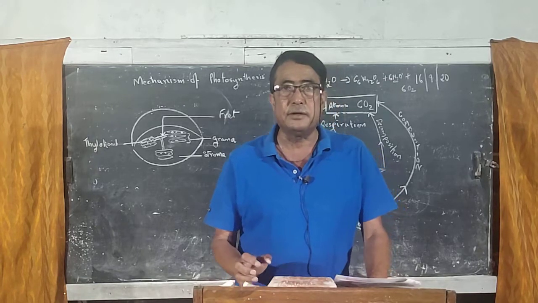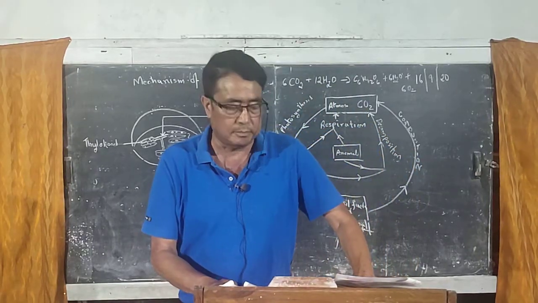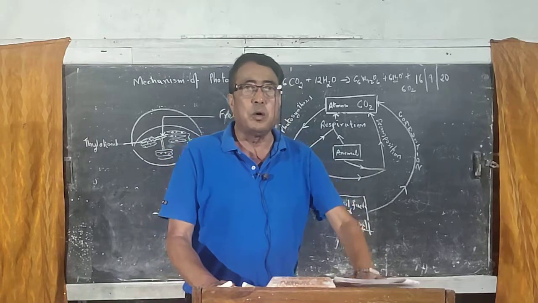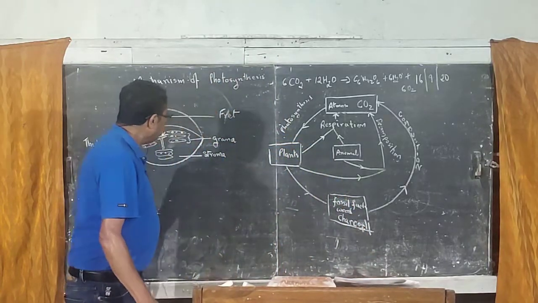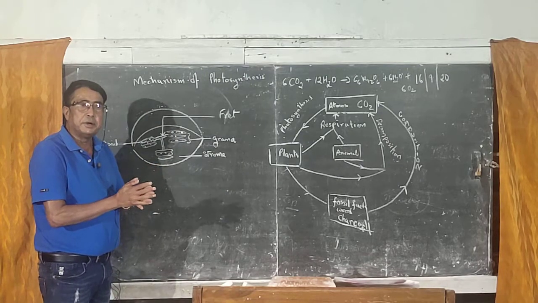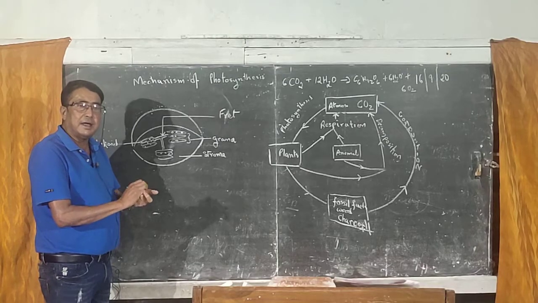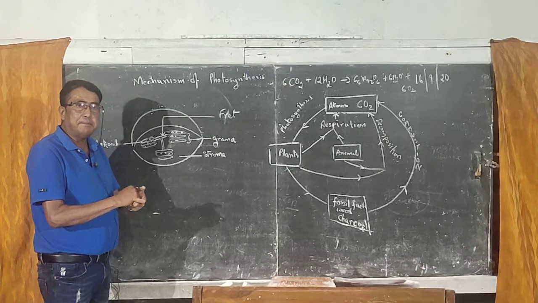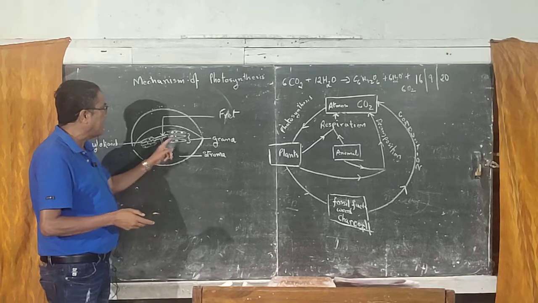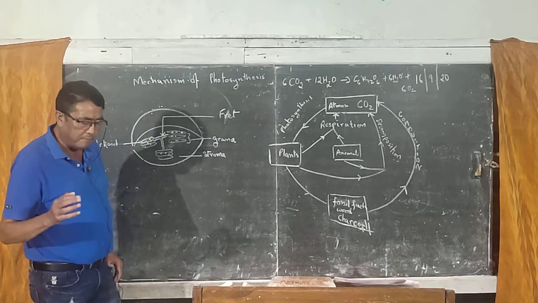It takes place in the grana of the chloroplast. The chlorophyll present in the grana has the unique property to trap solar energy. The light particles absorbed by the grana are called photons. With the help of photons,